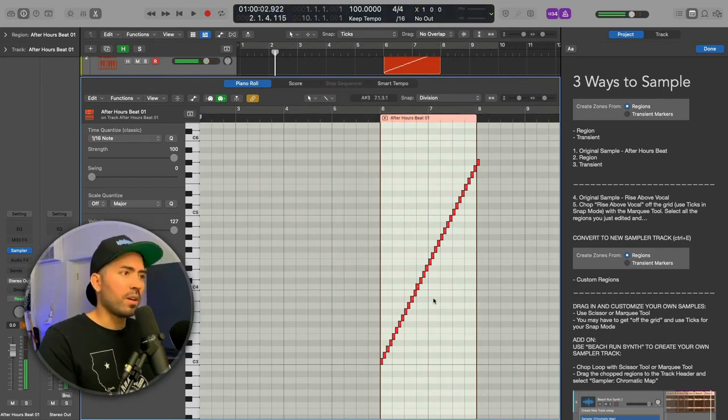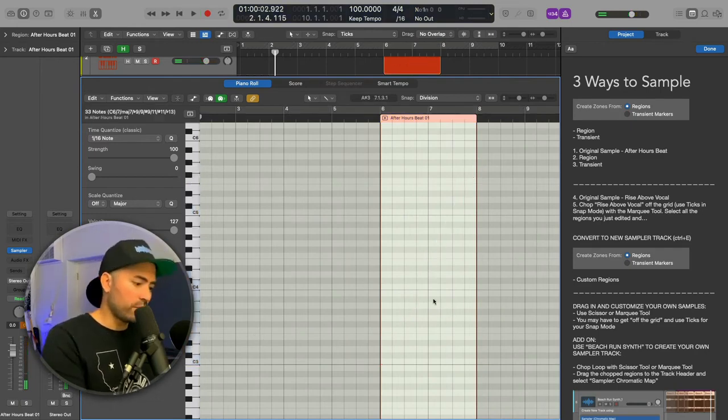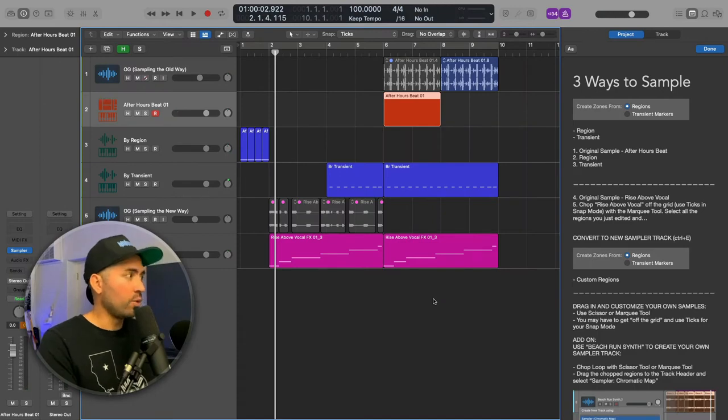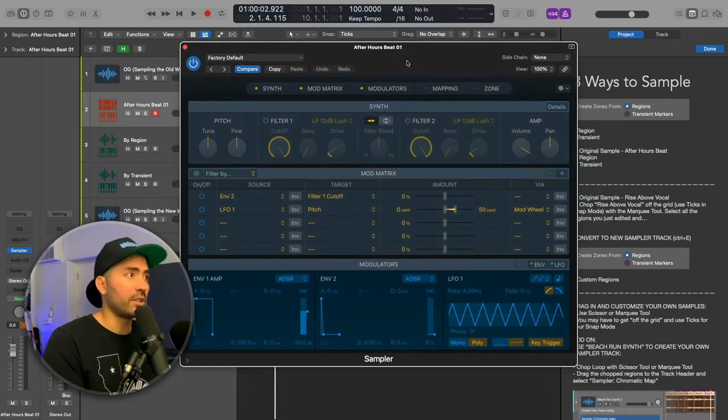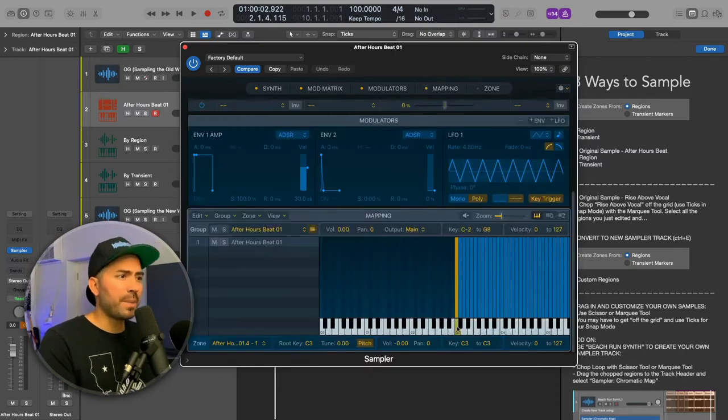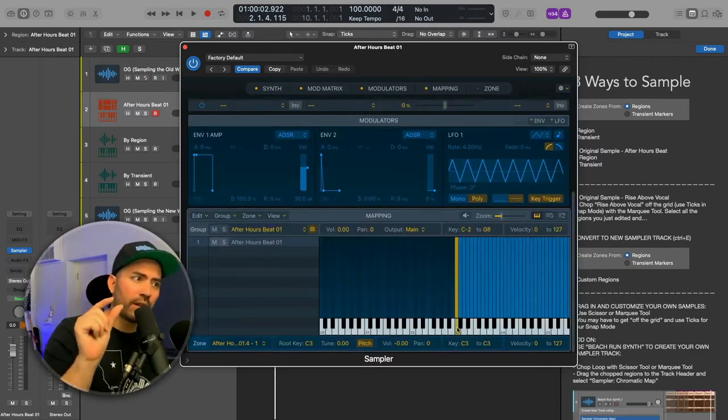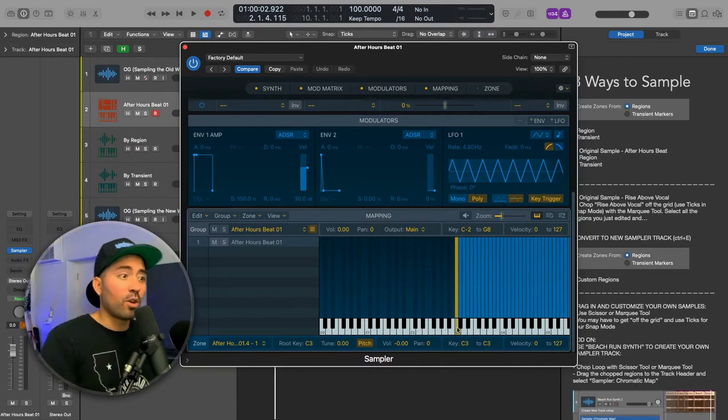But the best part is that each one of these notes is now taken into what we call a sampler instrument. More on this in Logic 202. But if I go into this mapping area, you can see that it took every one of those transients and mapped it across the keyboard starting on C3. So when I play C3,